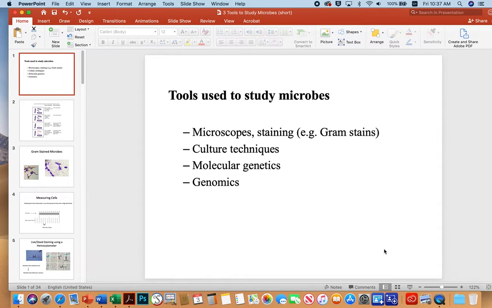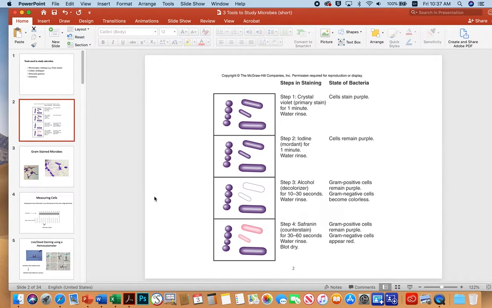to study microbes, particularly wine microbes in our case. And so it's broken down into classical techniques, microscopy and culture, and the more modern molecular genetics and genomics approaches. So I'd like to start off with the classic gram stain because it's still used widely in microbiology labs, including wine microbiology labs. So in this particular case, you begin with flooding a smear, heat-fixed smear with crystal violet, which